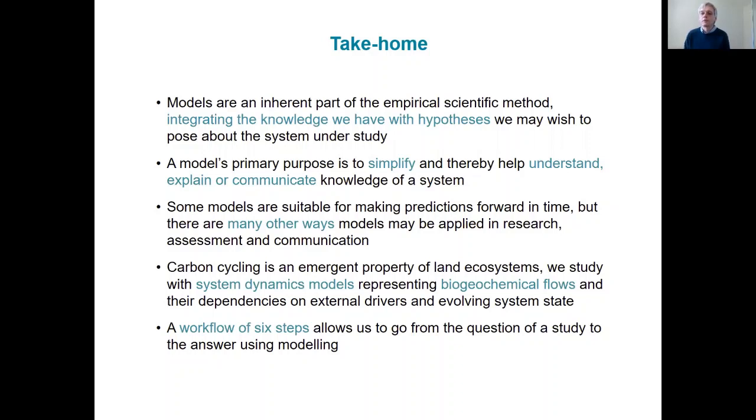And we've looked through the workflow of 6 steps that allow us to go from the question of a study to the answer using modeling. I hope that's been helpful for you, and I wish you a successful